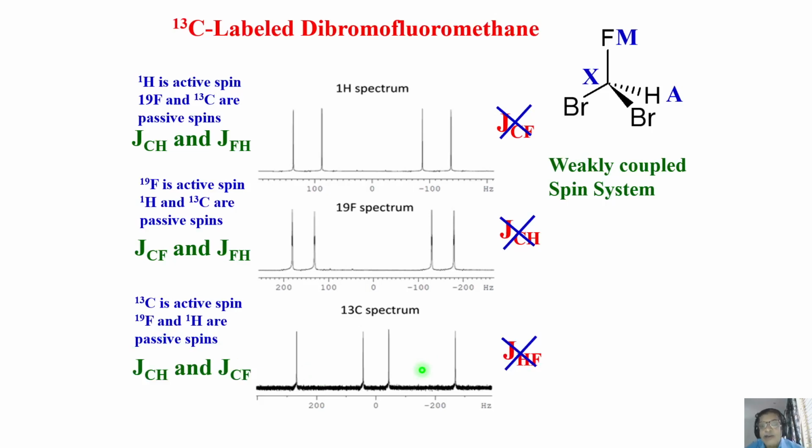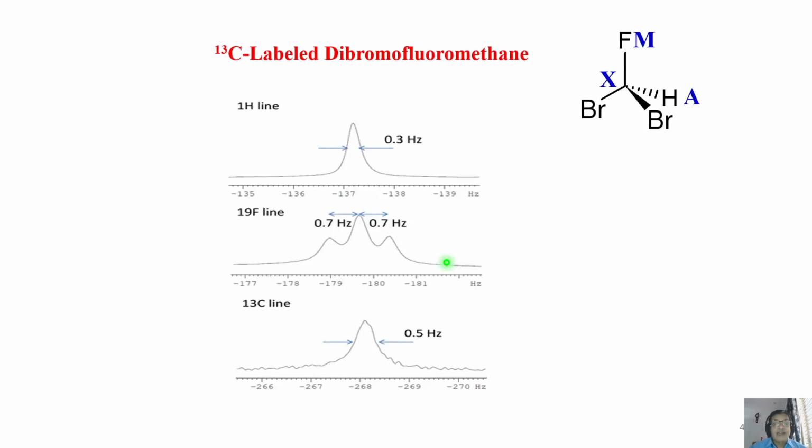But one important point I kept there, I did not explain. I was waiting for this time. If I carefully expand one of the peaks of this fluorine, look at all this spectrum, each peak is a very well resolved sharp peak. This is a sharp peak for carbon. Look at the fluorine, there is something here. If you carefully see here, what is that? Let us expand and see. If we expand the proton spectrum, you see the line width is quite good, 0.3 hertz. That is a small value. Okay.